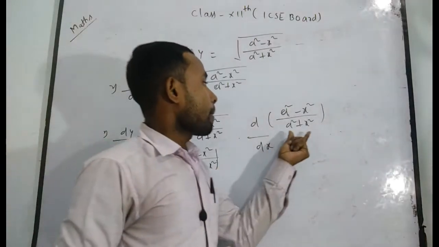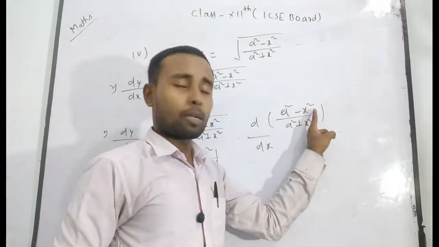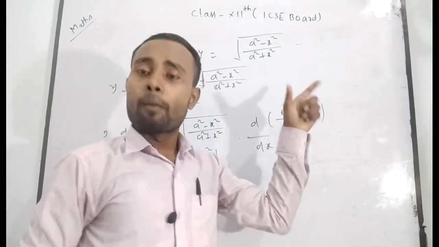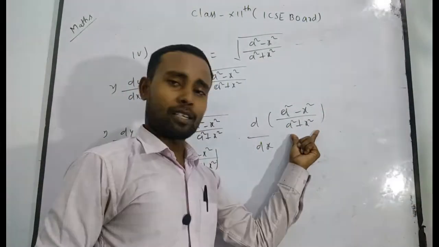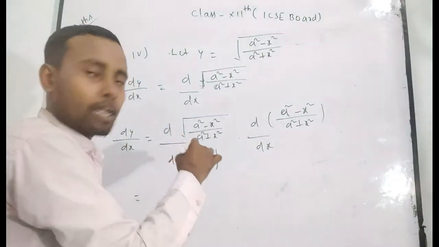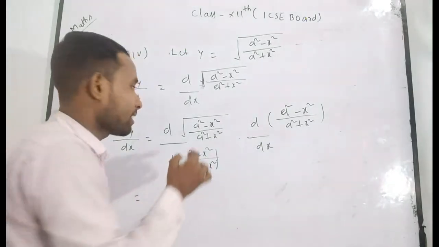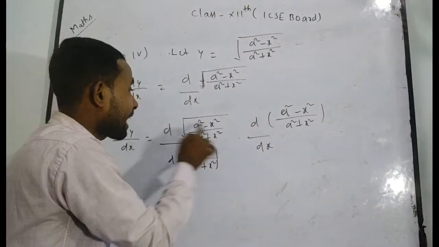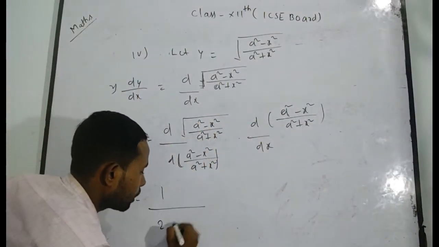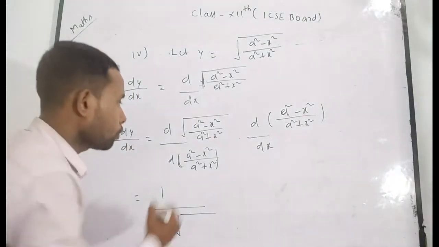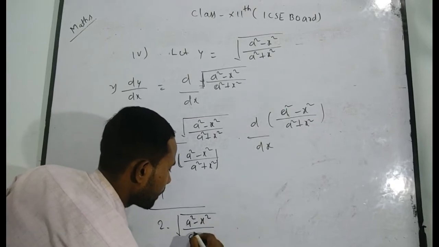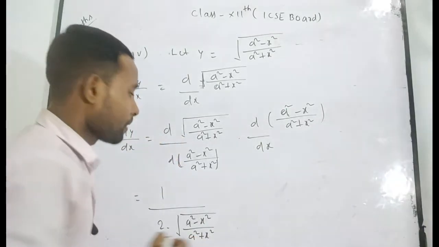The quotient rule tells me, first of all take this term outer and differentiate this term as a multiplication. Again take minus and take this term and differentiate this term, and finally you will take the whole square of the denominator. This is the second quotient rule. Now I want to tell you, this is root x, and I have supposed this term capital X, so in that case it will be root under X. As you know, root under X is only differentiated with respect to capital X. So it will be 1 upon 2 root under (a square minus x square upon a square plus x square), into.